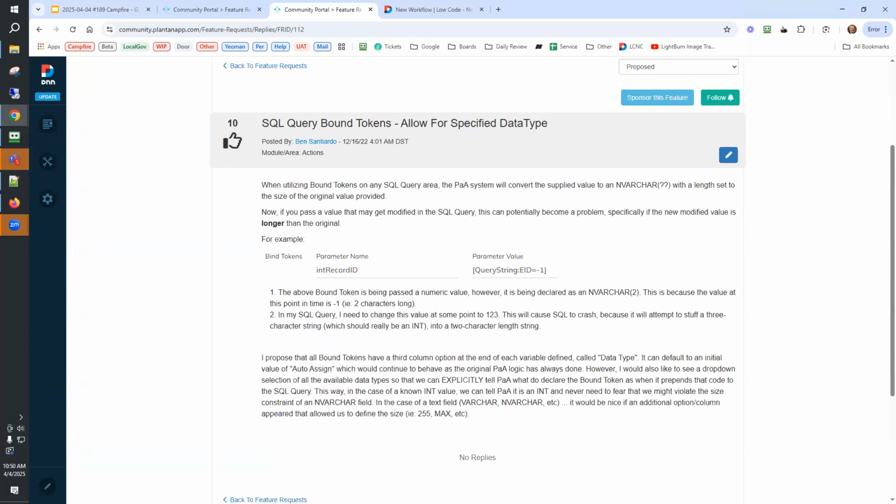So in a situation where you want to modify said variable and make its value larger than its original size, it will address that. Right now, you can't. If you try to make that value larger than its original size, you crash.